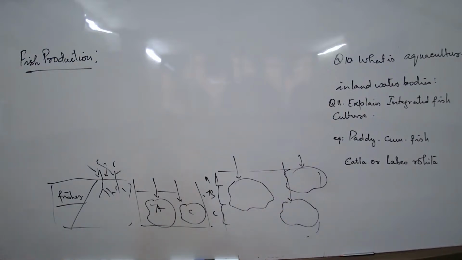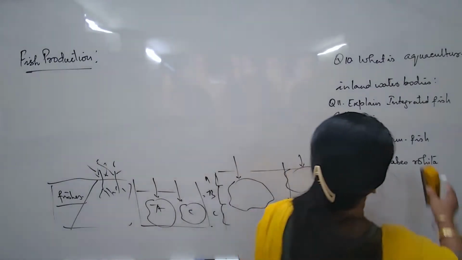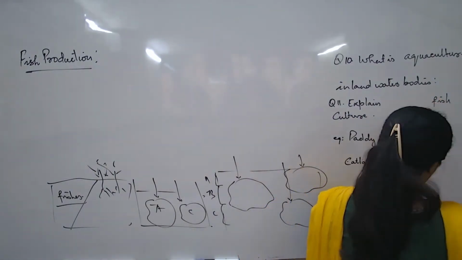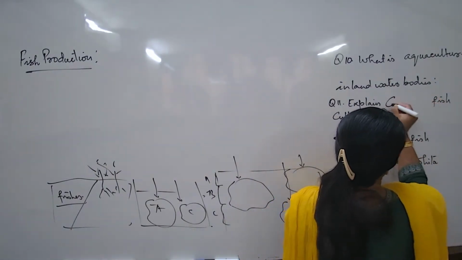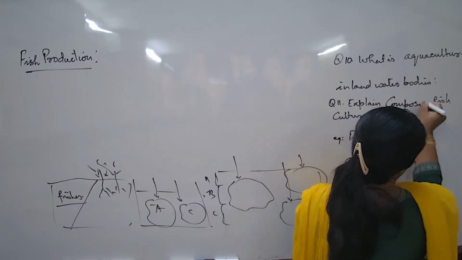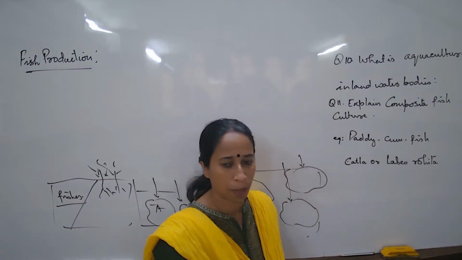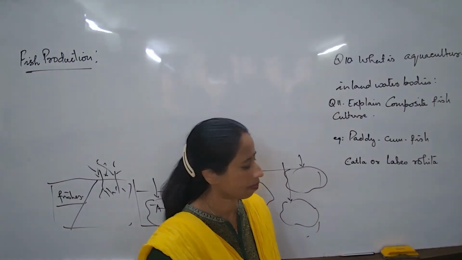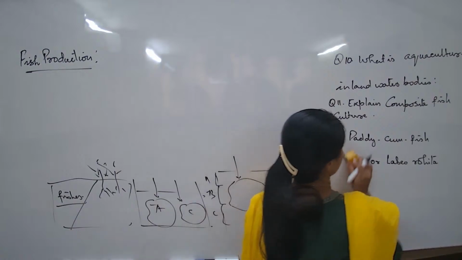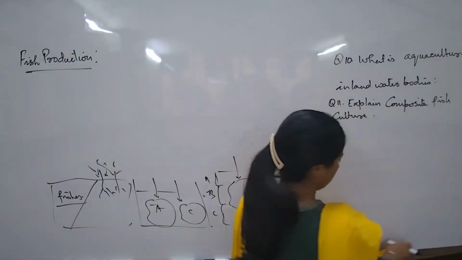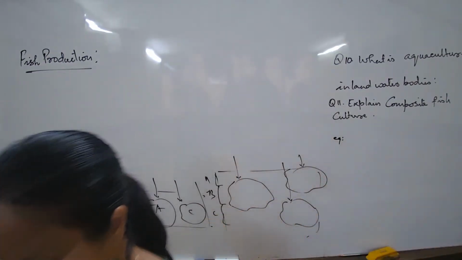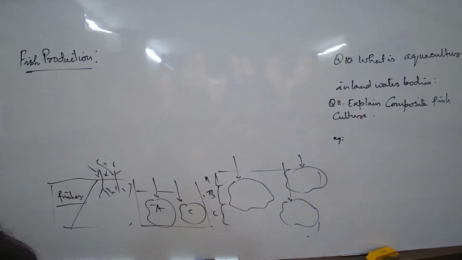Let's go. Last answer. Explain composite fish culture. Composite and integrated are two different concepts. Explain composite fish culture. Write. The process of breeding